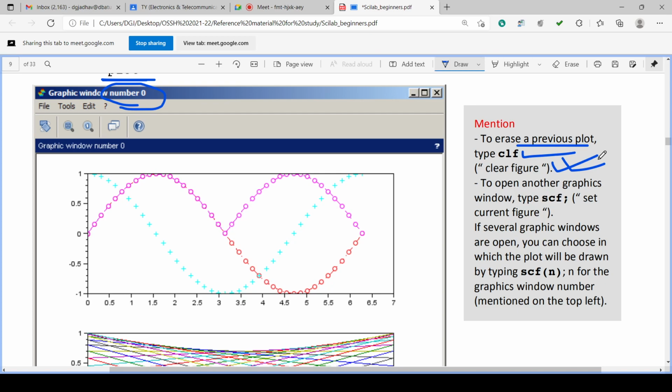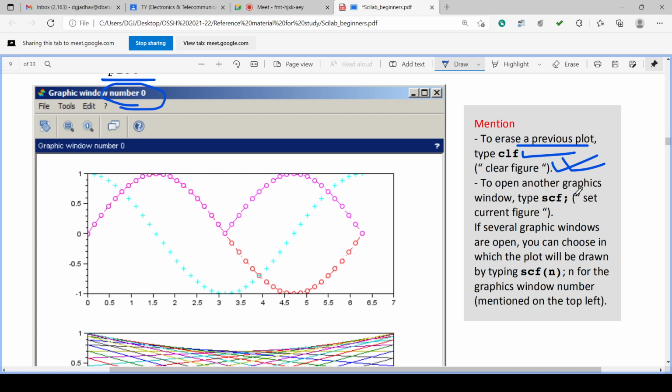We can reuse the same plot by erasing it, or generate a new graphics window. Many graphics windows can be generated, but that will occupy more memory.